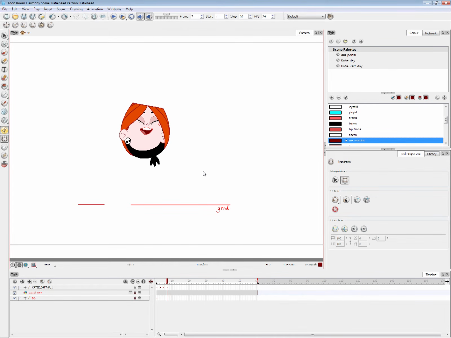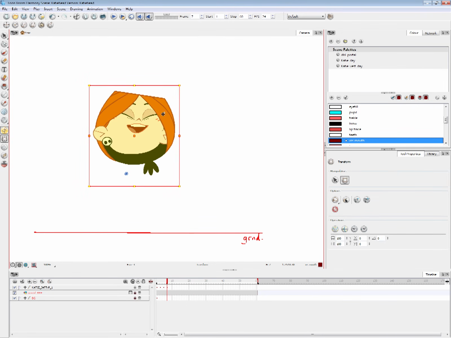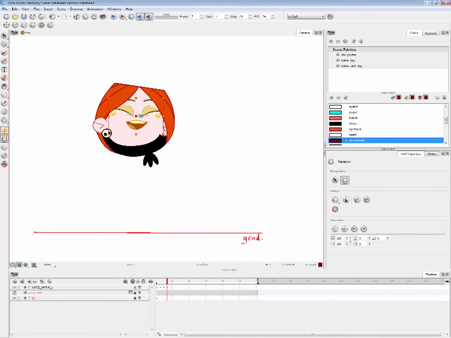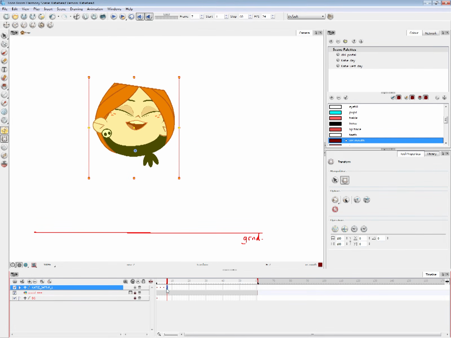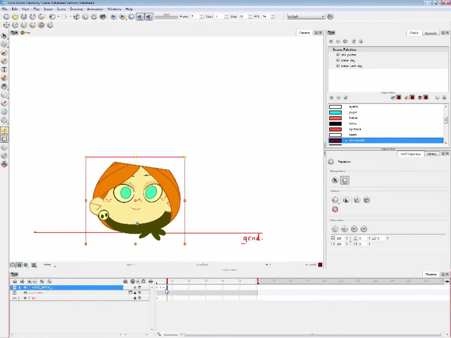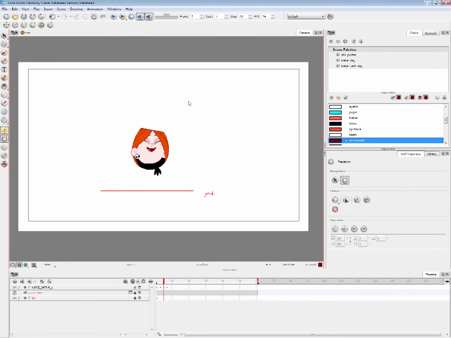Okay. I don't want to spend time trying to reset everything to its original shape. I can, but what I'd rather do is go to the first frame. I'm gonna copy, Control C, and go to this current frame, which is frame 7. I'm gonna paste it, and there we have it. And I'm just gonna move it up. That's pretty good.